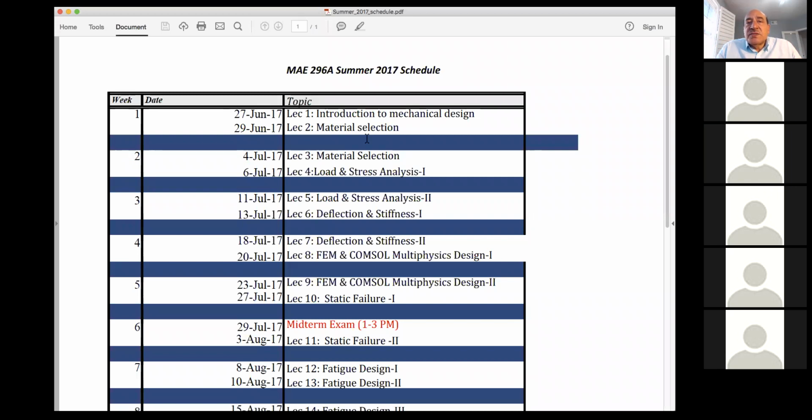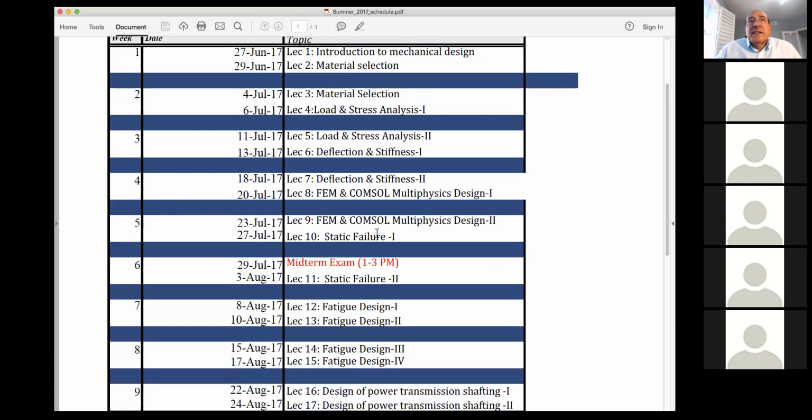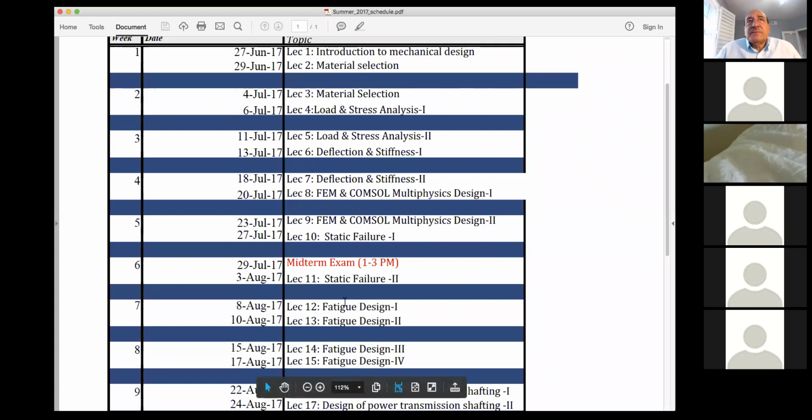The third is going to be on fatigue analysis, because this is going to be a very important part in the design of connecting rods and in the design of power transmission systems, which is the subject of this class. So fatigue analysis will occupy maybe 2.5 weeks of our time, and you will see that coming in towards the first week and second week of August timeframe.